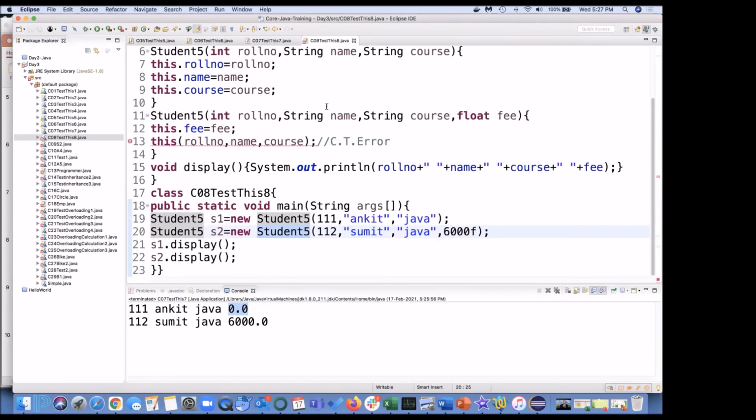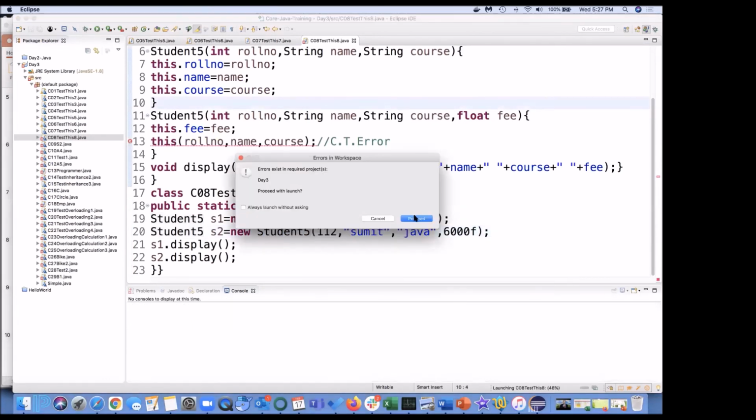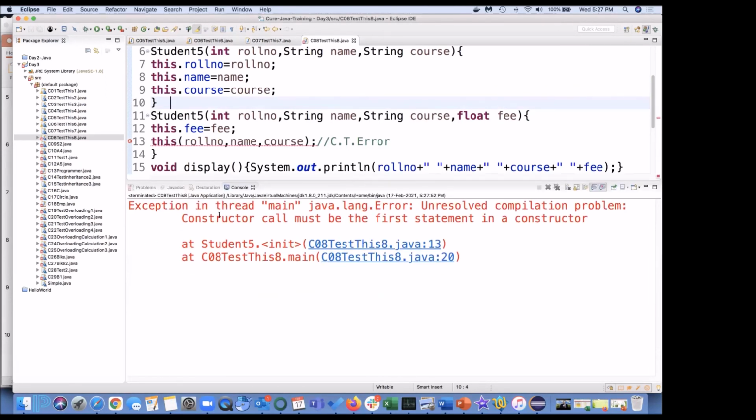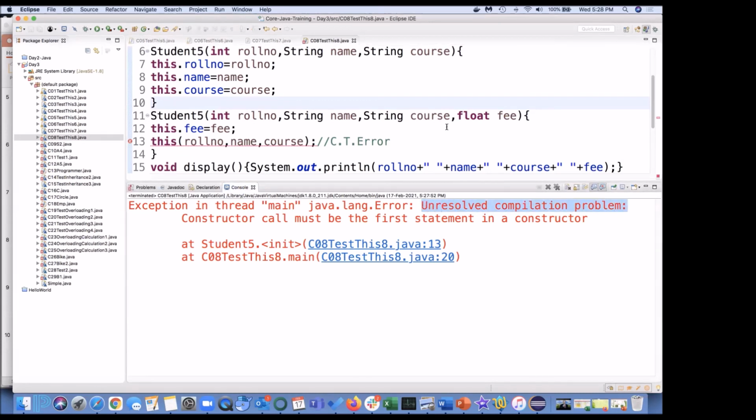If I run this also, it will say there is an error. After running, here you can see the statement: exception in thread, java.lang.Error, unresolved compilation problem. We have not resolved it. And explicitly it is giving us the statement, constructor call must be the first statement in the constructor.